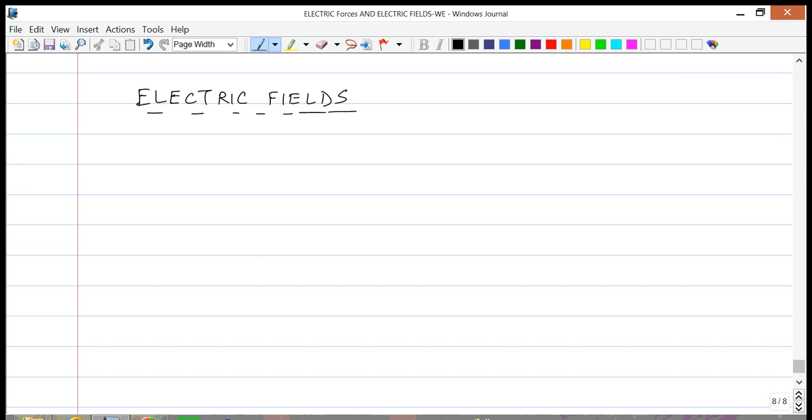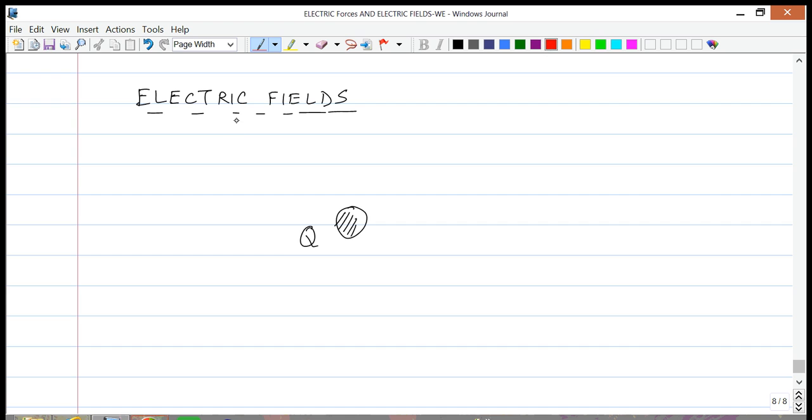Okay, so we are now ready to start talking about electric fields. What we understand is that if we have a charge, let's say some particle carrying some charge q, then just by having this property of charge, it creates something called an electric field